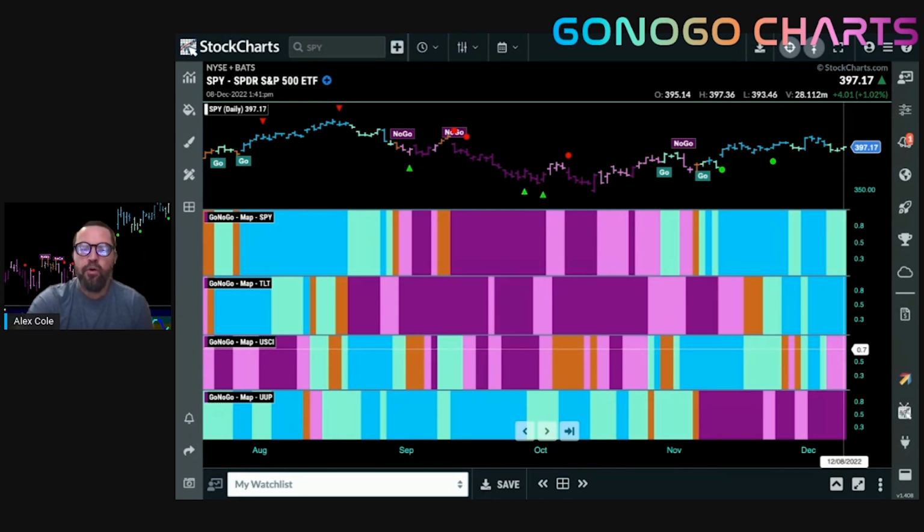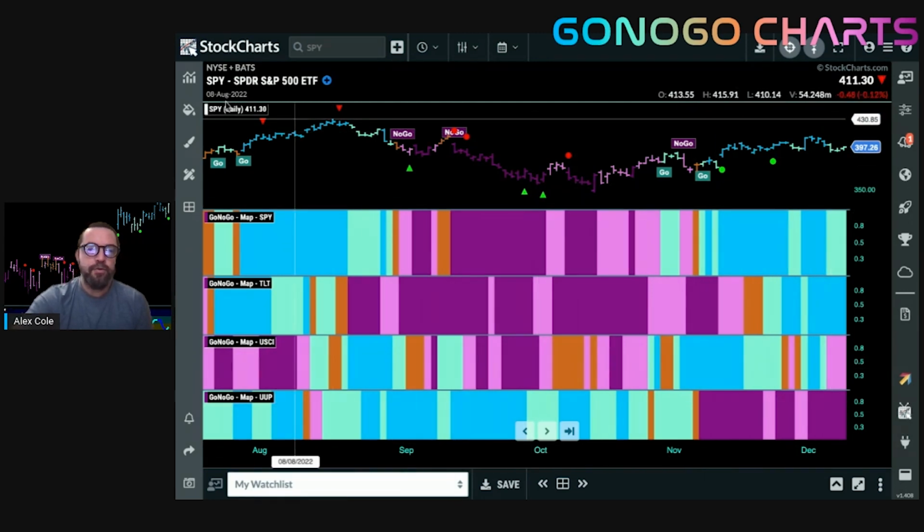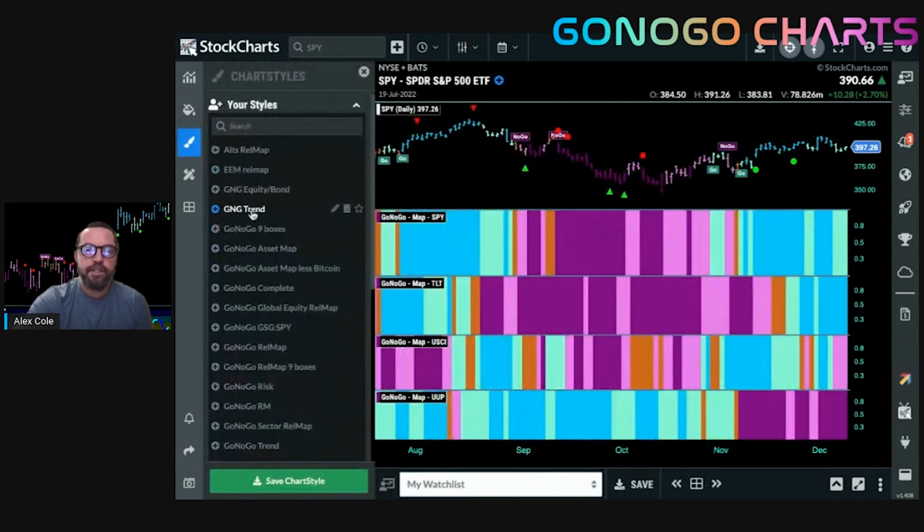So a weak form of the no-go trend, based on, again, that blending of foundational technical concepts into coloring these bars. And the dollar, of course, which might be helping provide some tailwind for equities and other risk assets, is still in a strong no-go trend. And we'll get into all of these charts as we move through the show. So first, let's take a look at